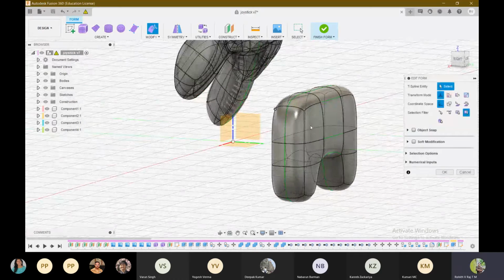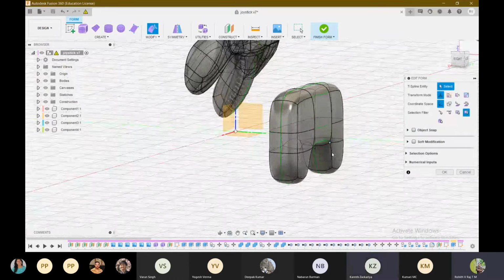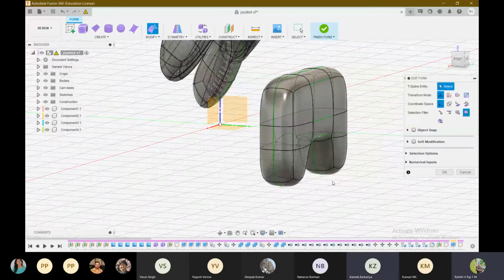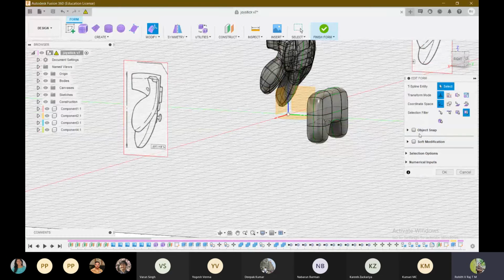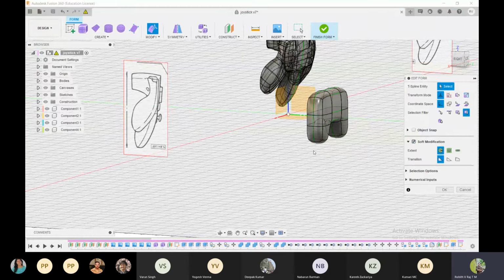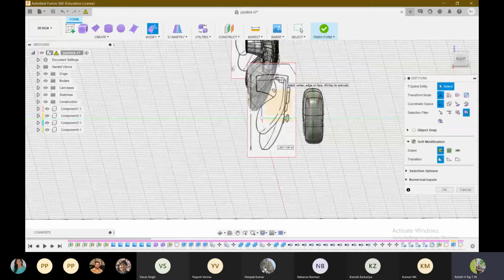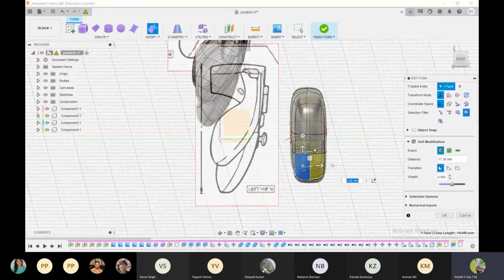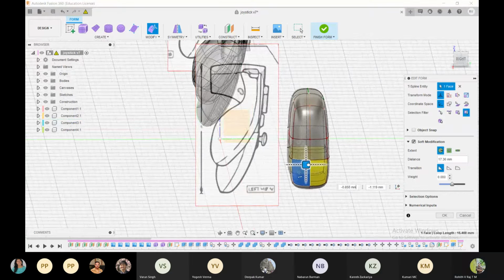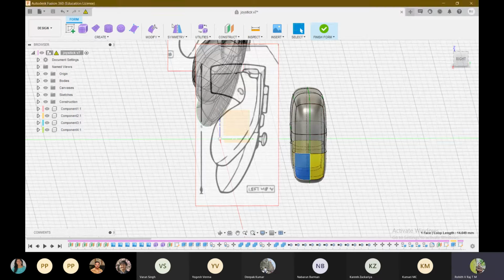So like this, I made the legs for each of them. I won't go that deep. Later, after having a general shape from the side views, I used the soft modification, so the whole blend was kind of smooth. I chose one of the edges, and before that I had to remove the symmetry.